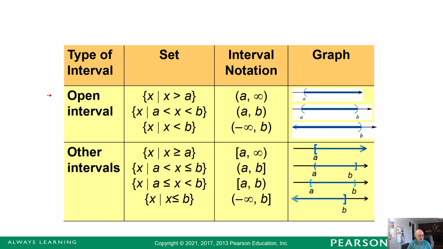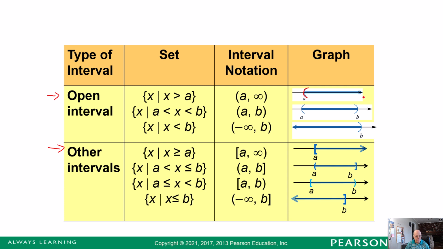First of all, we've got open intervals and other intervals. They are different. Open intervals means that one side or both sides are strict inequalities. If that's the case, then you're going to use a parenthesis on one side. Now this one says you have all the numbers greater than a to infinity. So at a, this shows that you're not including the number a, but you're including all the numbers to